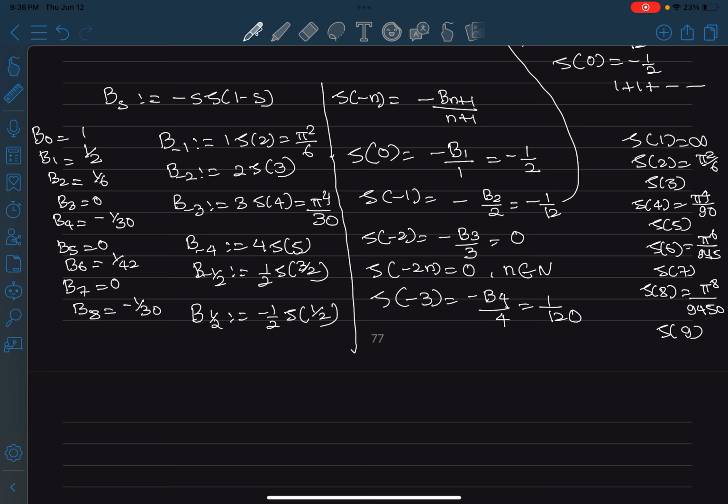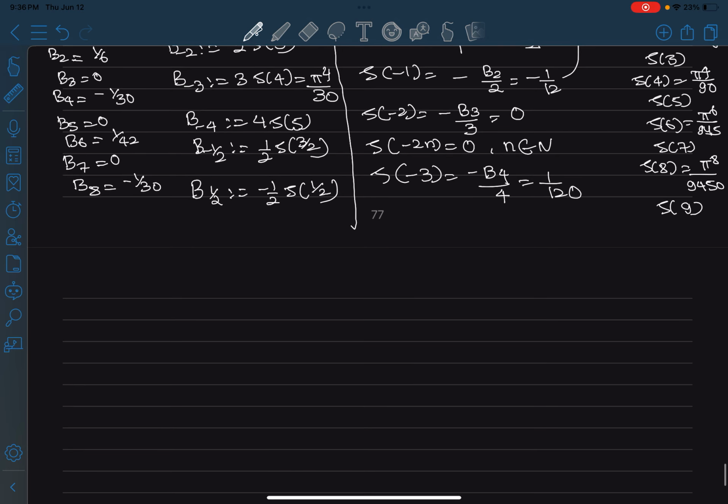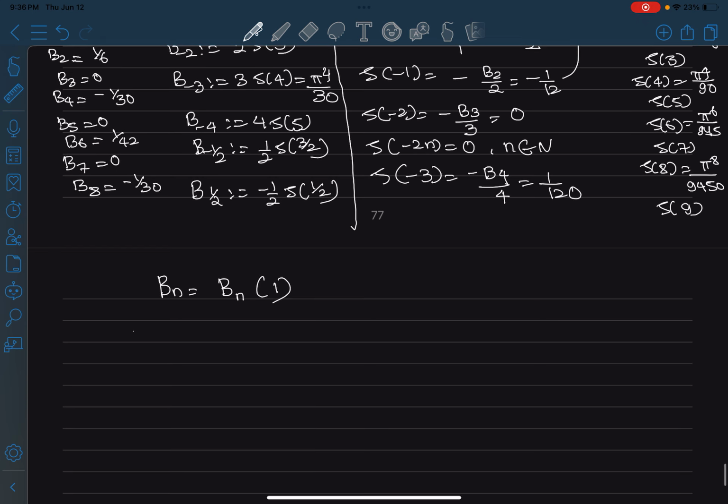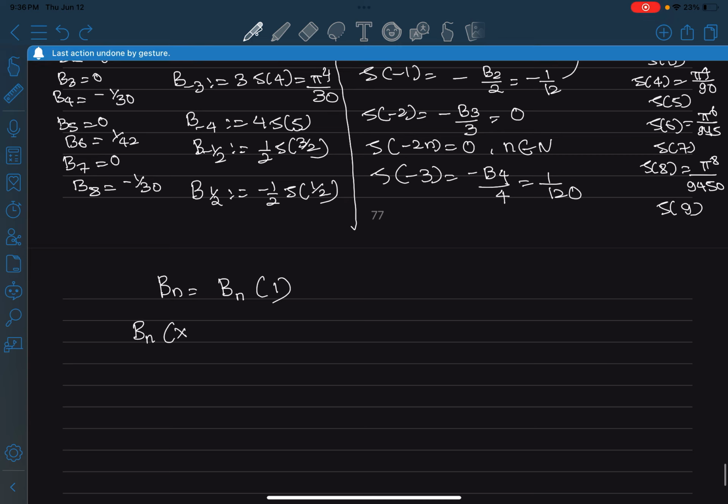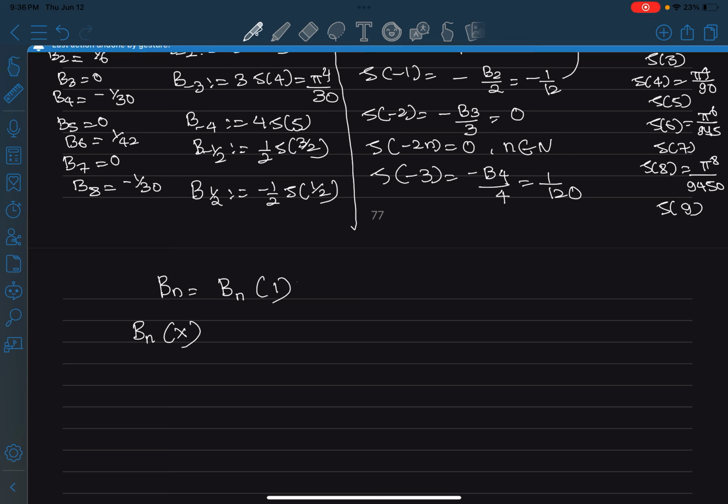And that's what helps us find all these Bernoulli numbers, that could extend them, and also all the zeta values, right? And there's actually an even deeper extension of Bernoulli numbers. Basically, all these Bernoulli numbers are just Bernoulli numbers at 1. There's also this function: for every Bernoulli number, you can also give an input x. So there's also this Bernoulli function, right? And these Bernoulli numbers are just this Bernoulli function at value 1. For general value x, this is actually defined as